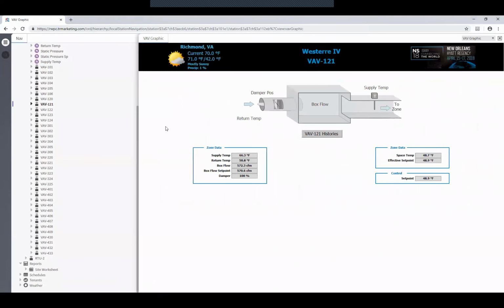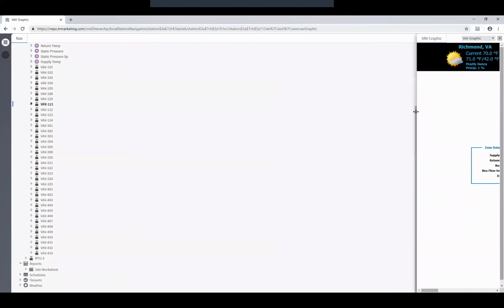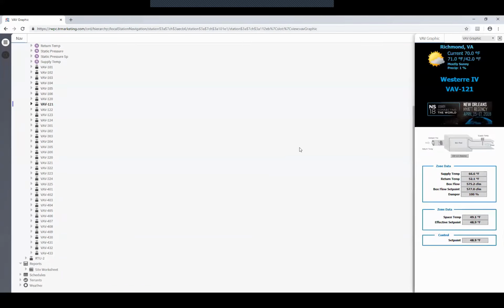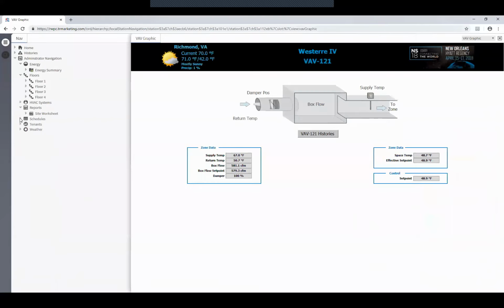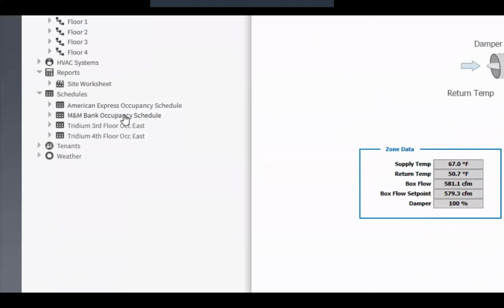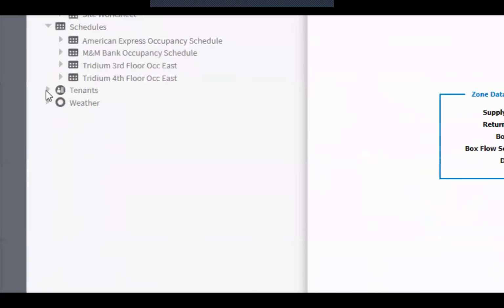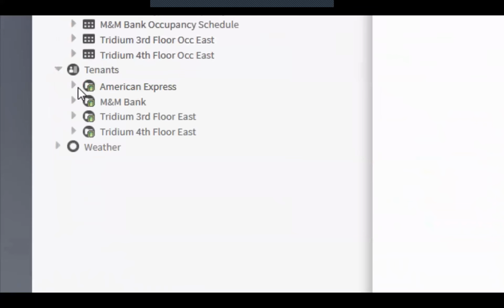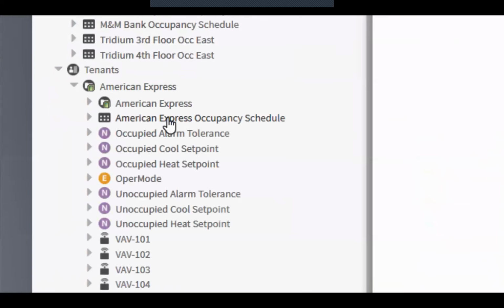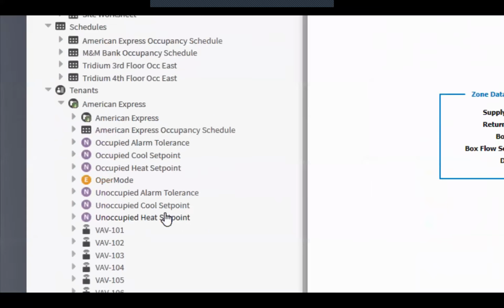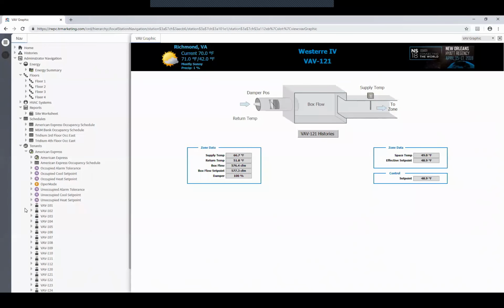And here's my little plug for a previously discussed feature where this is the new 4.6 repositioning and rearranging that comes with our responsive panes, so that if we view this on a mobile device, it's much easier to see. We also have the schedules for the individual occupants, and associated with the schedules are all of the devices that are connected to those schedules. And finally, we have tenants. And the tenant has its schedule. It has all of its controlled temperatures, cool, heating, and it also has its different VAV boxes that are associated